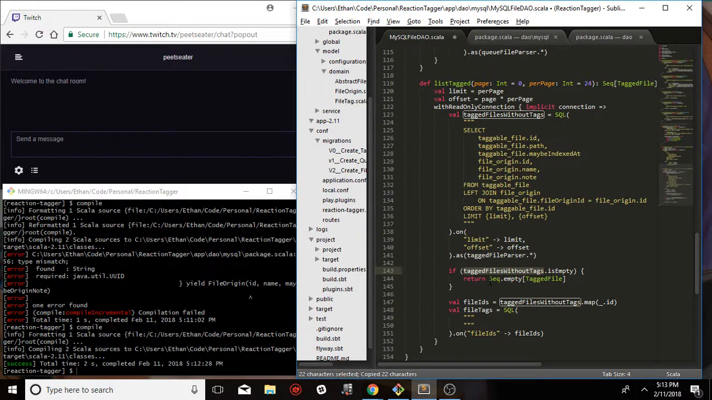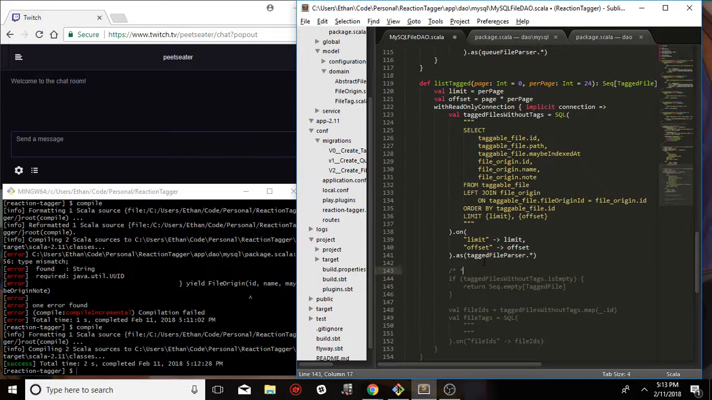You don't generally see returns that much in Scala because it's the last thing in the function that gets returned, but on occasions like this, it is easier to use return. If this was in a future, I'd have to use an if statement and make it so that the result of the future is the thing and not just use a return. But